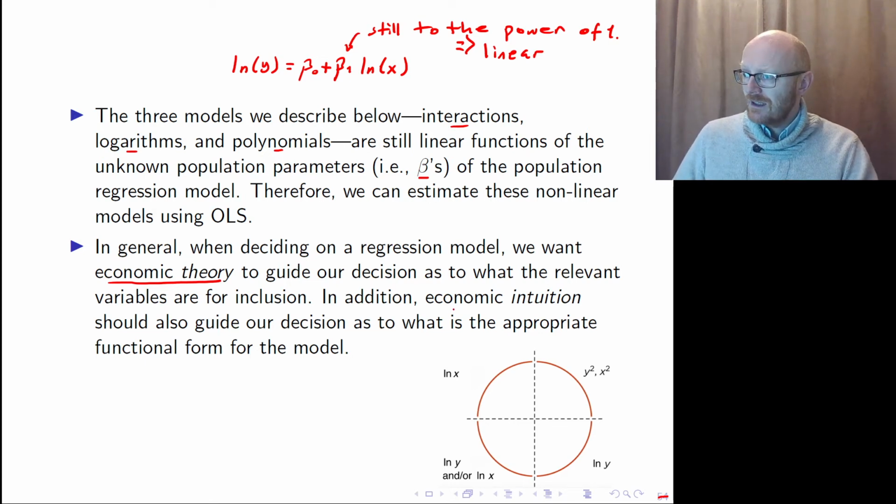Whereas economic intuition should guide our decision of which functional form our regression equation should actually take. And if you look at data to decide what functional form to choose, you can use